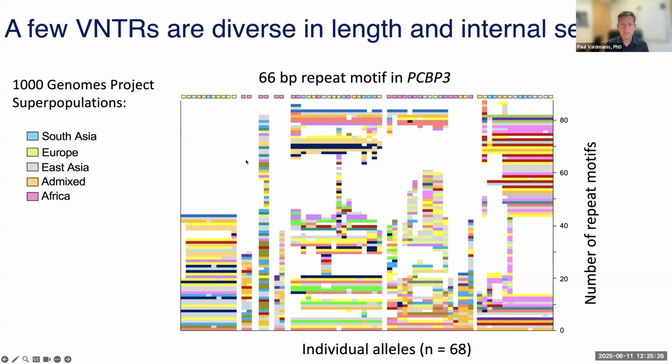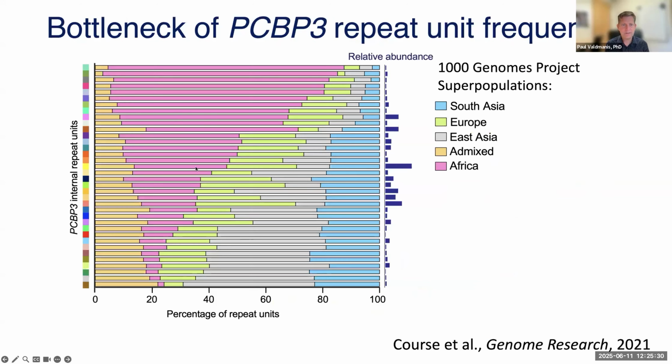And when we overlaid the population of origin of some of these samples, we actually saw real differences in repeat frequency and internal sequence frequency based on the population of the samples. Some of the repeat motifs were present almost exclusively in samples of African ancestry, whereas other ones were not present at all there, and were almost exclusively in populations out of Africa. And so we could use this again to demonstrate that certain repeats seem to be expanding and evolving very quickly